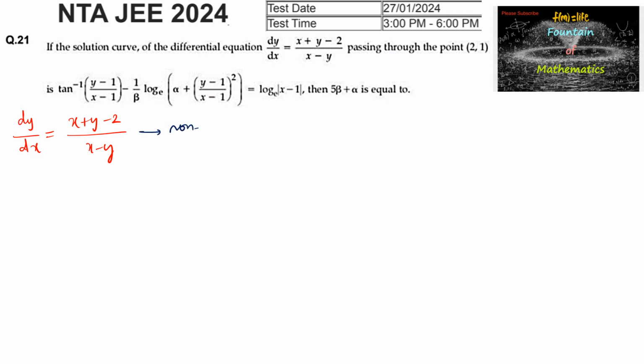and it's very clear that the given differential equation is non-homogeneous because the degree in the numerator is not same. So you can consider it as a non-homogeneous differential equation. And the solving method is